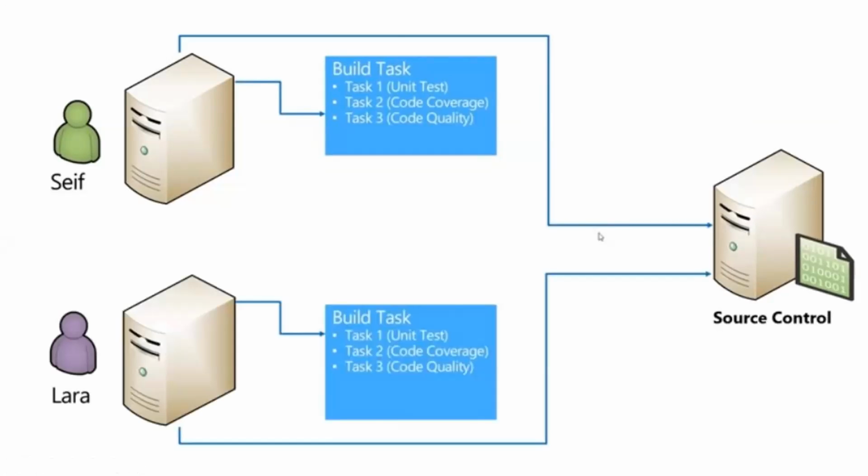Now here comes Lara, who is developing, who's again adding another feature. She could be adding another feature, or she might be modifying what Safe has written. So what can she do? She may end up doing both, and she will also check in her code. Now what can happen? The changes that one developer has done,